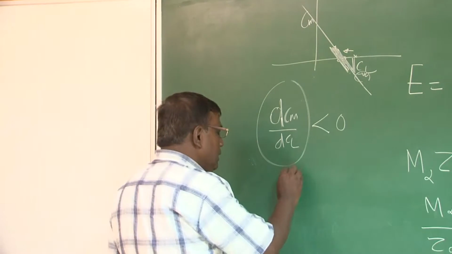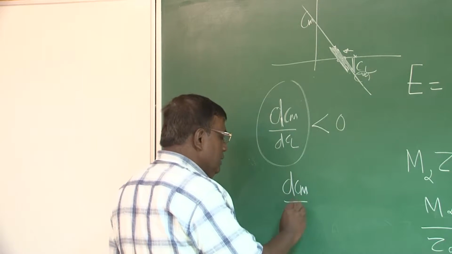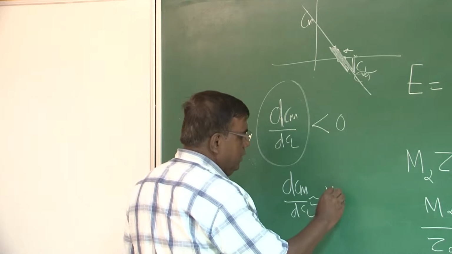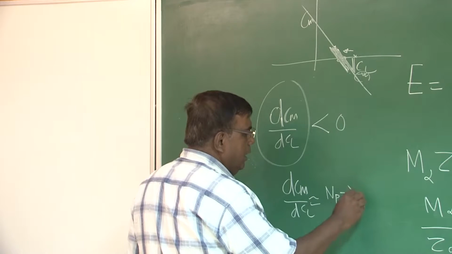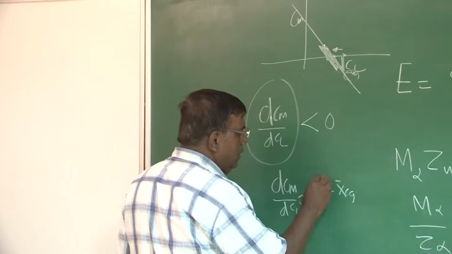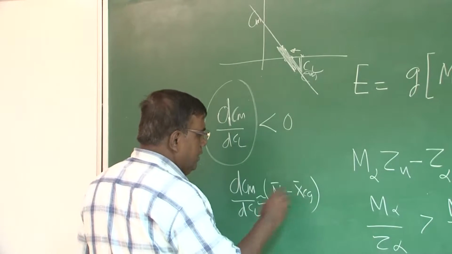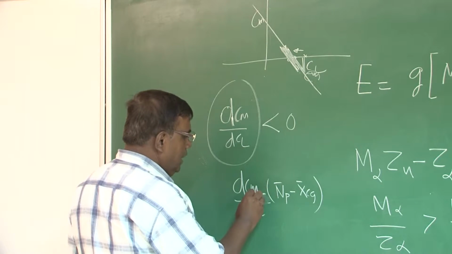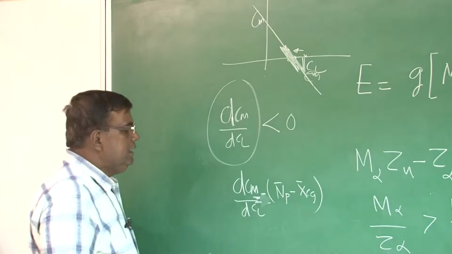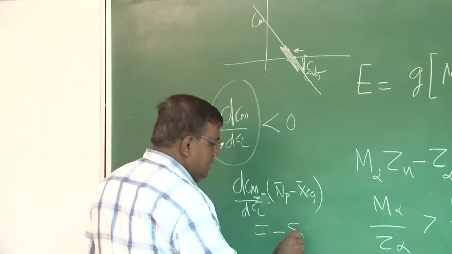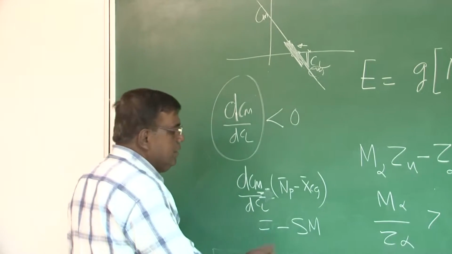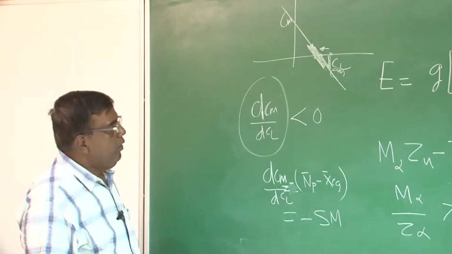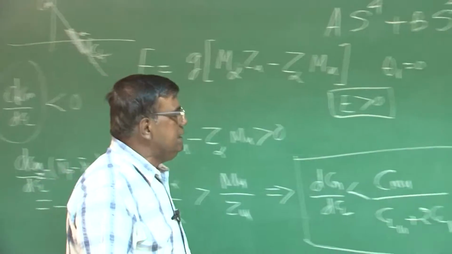So, we say dCm by dCl should be less than 0. Also, we have seen earlier dCm by dCl is approximately the distance between the neutral point and xCg of the airplane, with the minus sign, right? And this is nothing but minus the static margin or stability margin. This we know. But what does this say? It says if